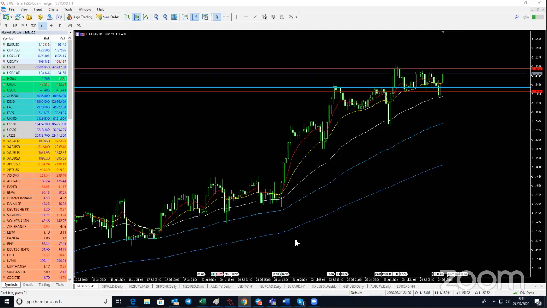And hence the reason I have always been sticking to the 3 EMAs, especially the 50, the 100 and the 200 EMA, because it has been really a good indicator in terms of trend. And you can see that by how the supports have actually, huge supports have been built up across, I would say, above any one of these lines. And this is the same case of this one here. So we have had loads of higher highs and higher lows.